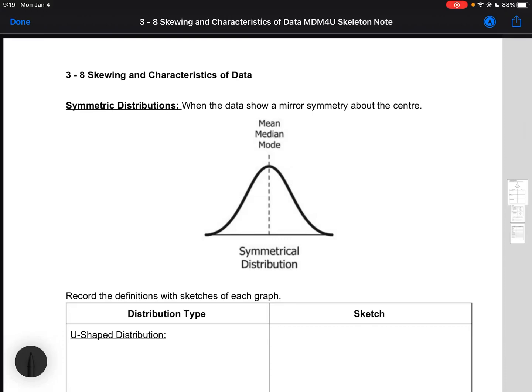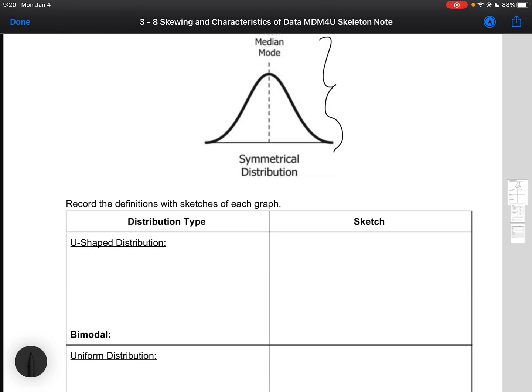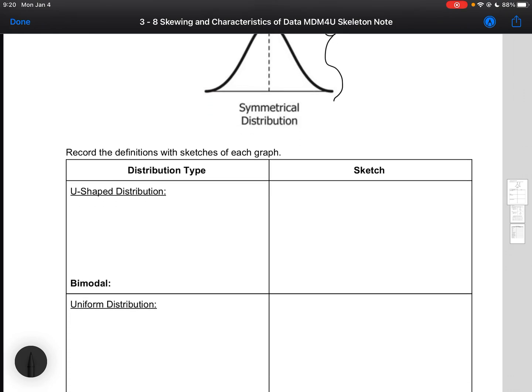So far, we've talked a little bit about how to calculate the spread of data, but we haven't really talked about what the data looks like as a whole. So data can be skewed, and there are some different terms that we use to describe collections of data and the variables that we use to describe the data that we've collected or the variables that we investigate. So the first type of distribution is a symmetric distribution, which is when the data shows a mirror symmetry about the center. So you've got an example here, and there are a couple further characteristics or further categories of a